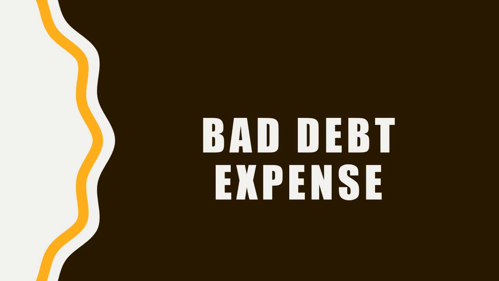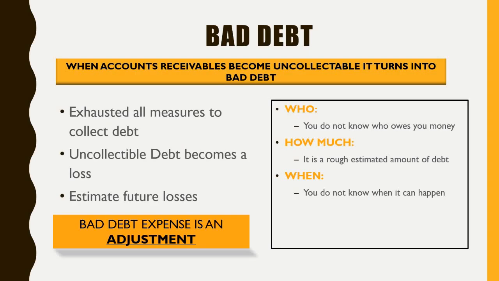Now, once you reach the end of the accounting period, right, and you're tallying up your totals, you notice that this is the amount of money that a lot of people owe you. But realistically, out of all of those people who owe you, there is still the possibility that you're going to have someone that defaults on their payment. Now, in this case, will you know who? Will you know when? And will you know how much? No, you won't, because again, you can't